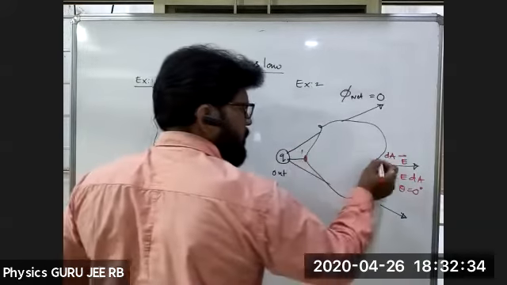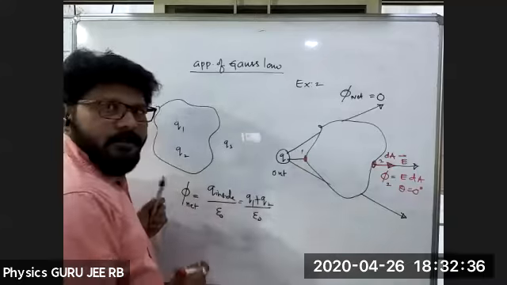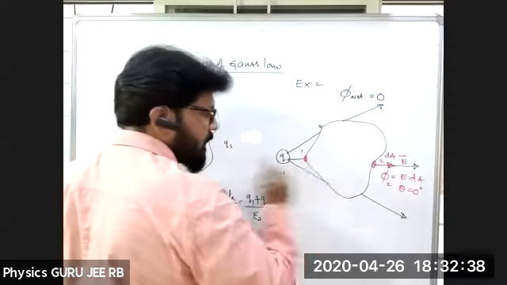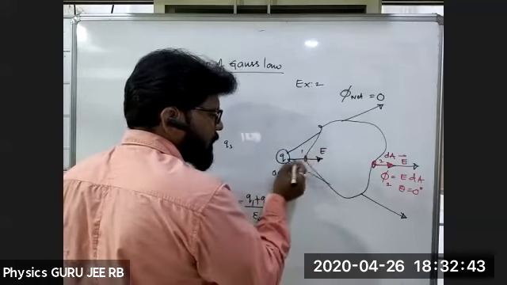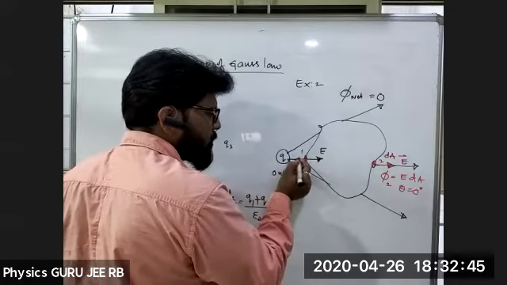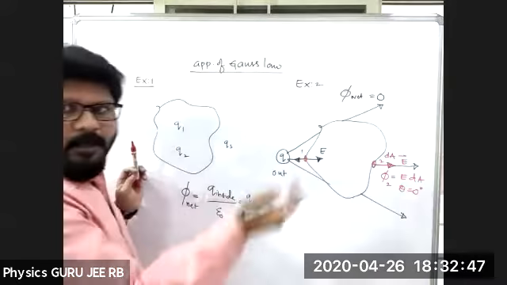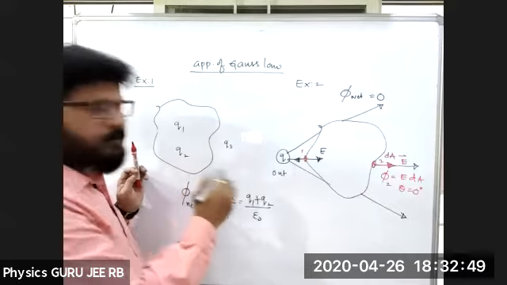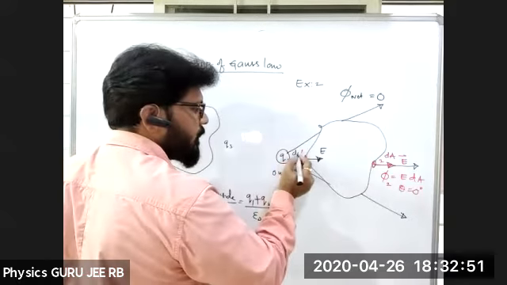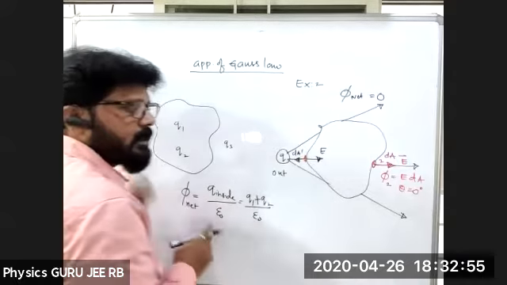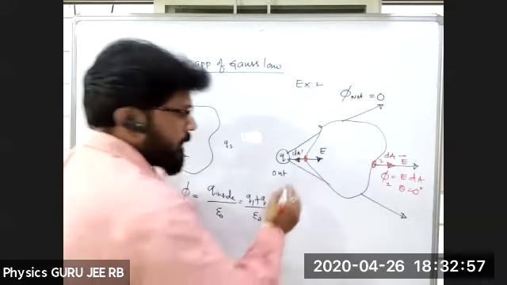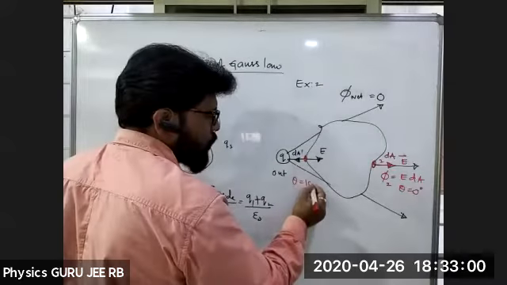Next, coming to this particular point, let me take it as the second surface. This is the first surface, and this is the second surface. At this point, this is the direction of the electric field intensity, and away from the surface is the outward normal dA. You see, dA and E are opposite in direction. Theta is equal to 180 degrees.